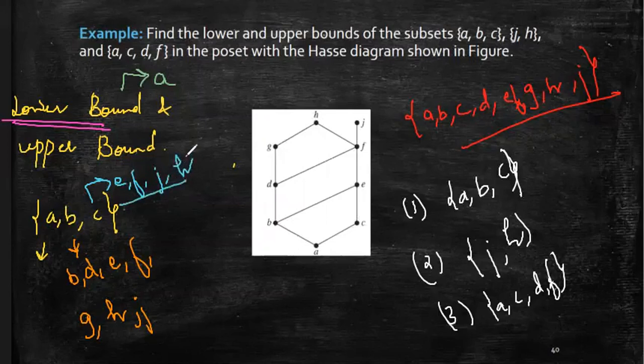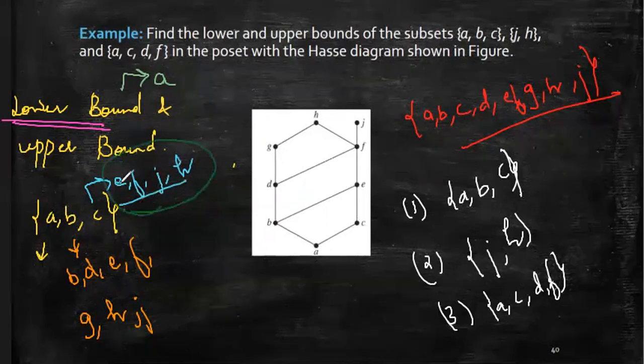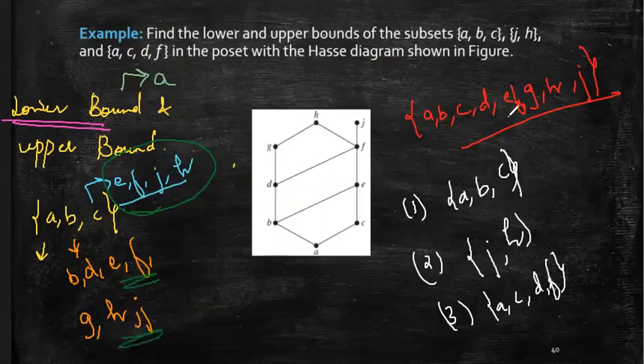Now, if you notice, what are the common elements from the elements which are greater than or equal to each single element? If you observe over here, we have E, F, J, H in the case of C. In the case of D also we have these four, and in the case of A also we have E, F, H, J.